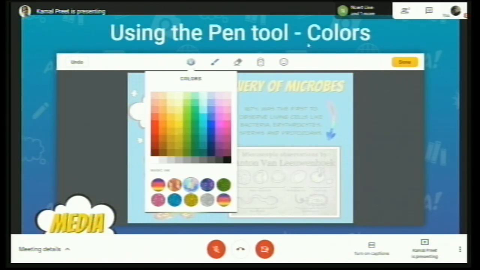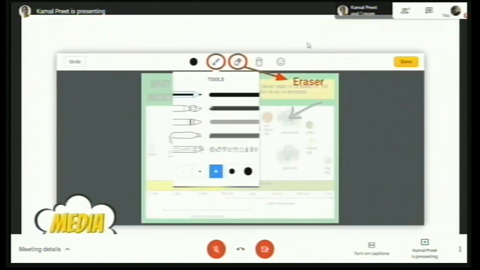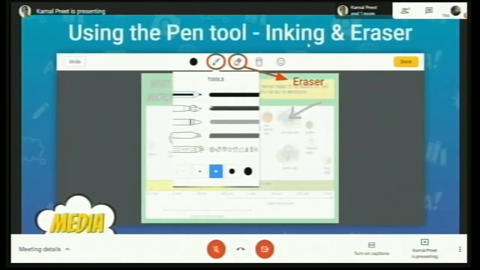They have lots of fun using both these options. Once you've selected color, you can then select what your pen looks like. Do you want it to be a pen, a brush, a crayon, a highlighter, or very important, auto draw? What's so special about auto draw is everybody's not an artist, but that shouldn't stop you from